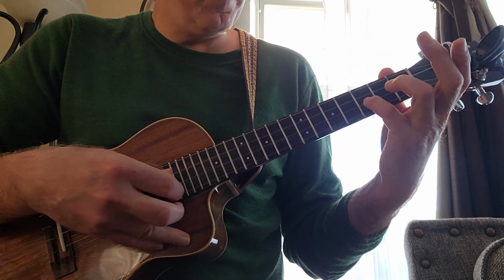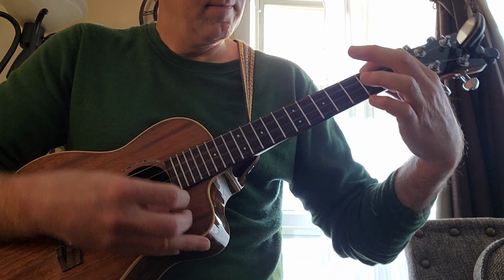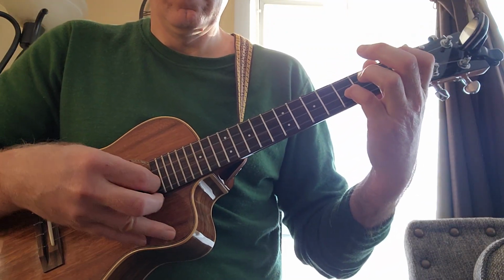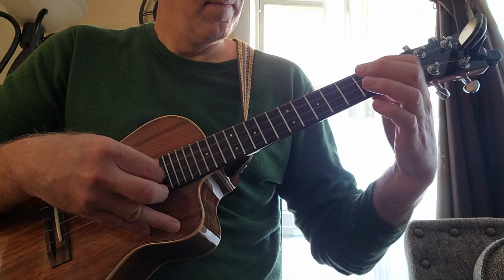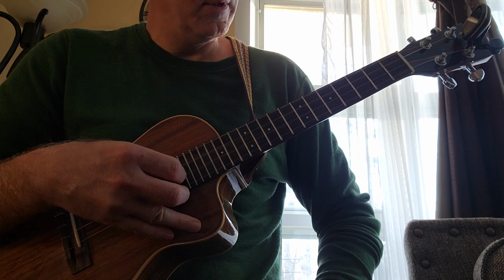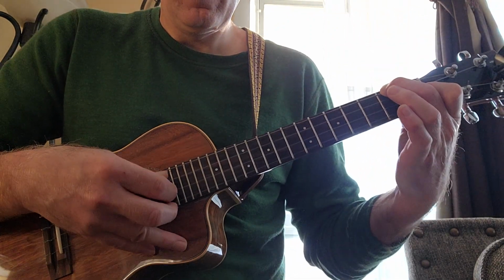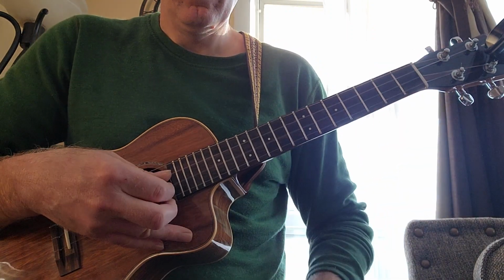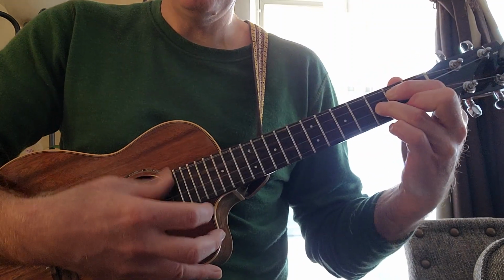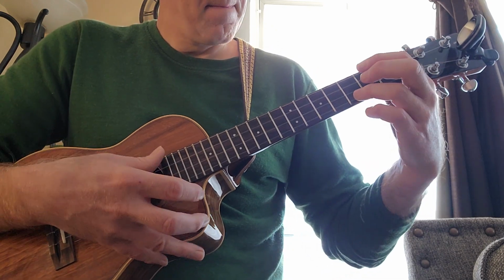So with your pinky, go ahead and cover that G. Open. And then both of those are open, so open E and open C. So you're going back to the G for that. Just the top two. And then,